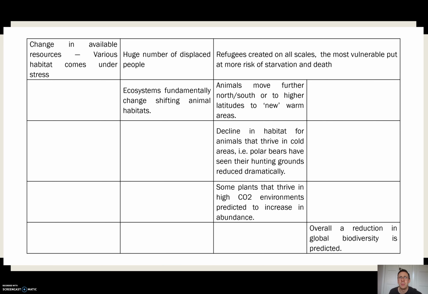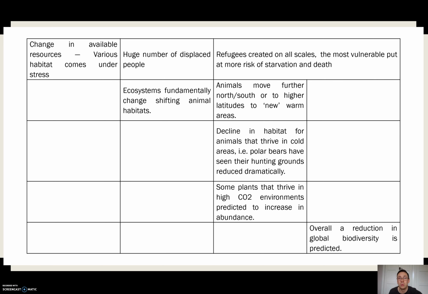So one, because of these changes in resources, we are going to see people be displaced. We have talked about this already. We're talking about the generation of refugees on every imaginable scale. And the reality of refugees is that it is the people who are most vulnerable who suffer the most. The people who are least capable of dealing with being brought into areas of huge change and huge uncertainty are the people who are affected most profoundly. And as it says on the side, we are talking about building up to starvation and death, potentially on a very large scale.